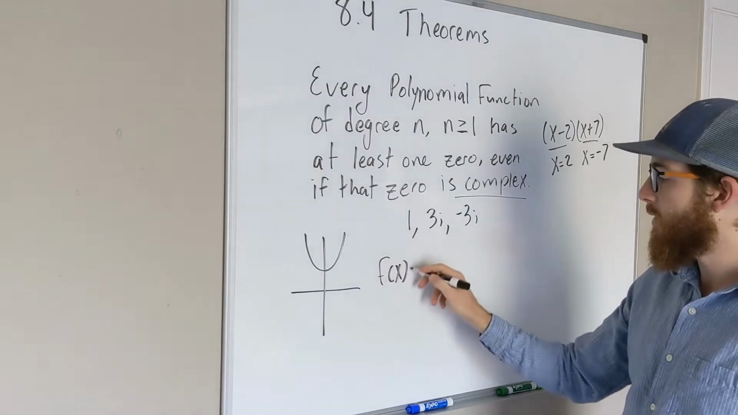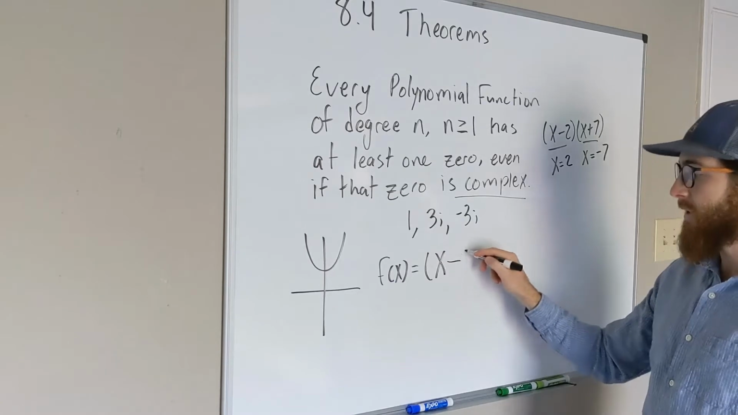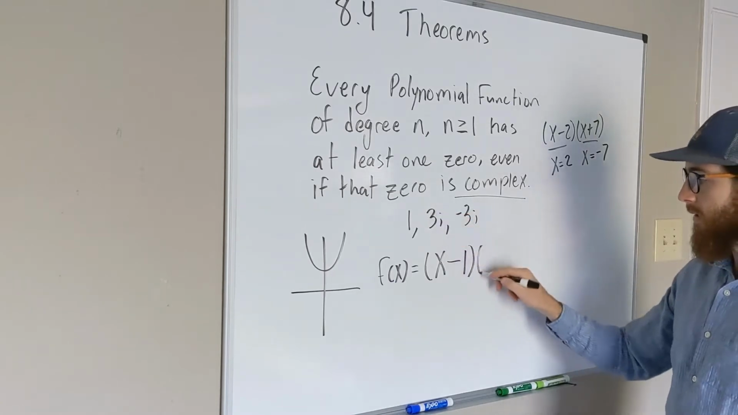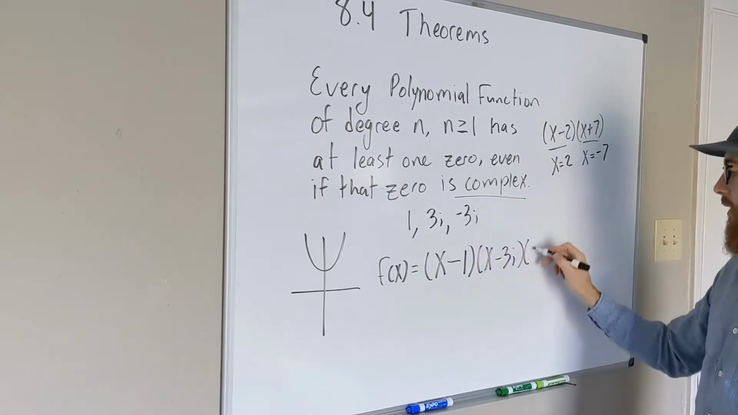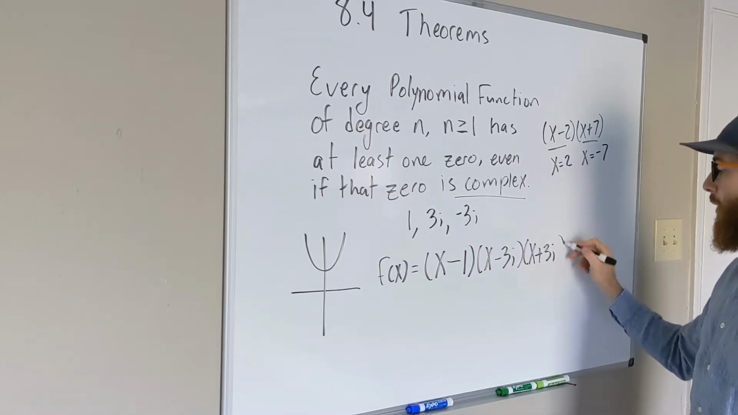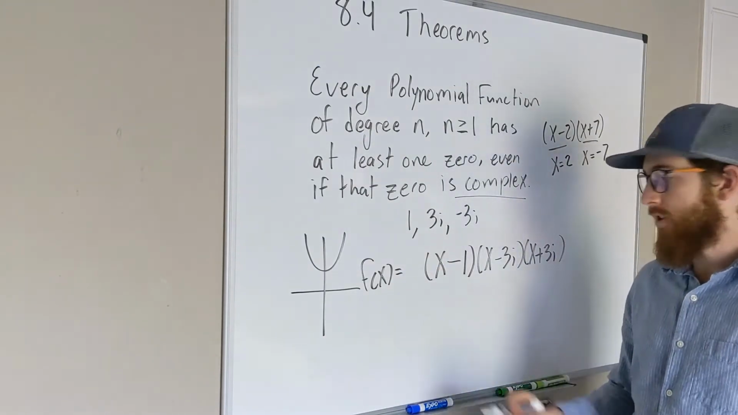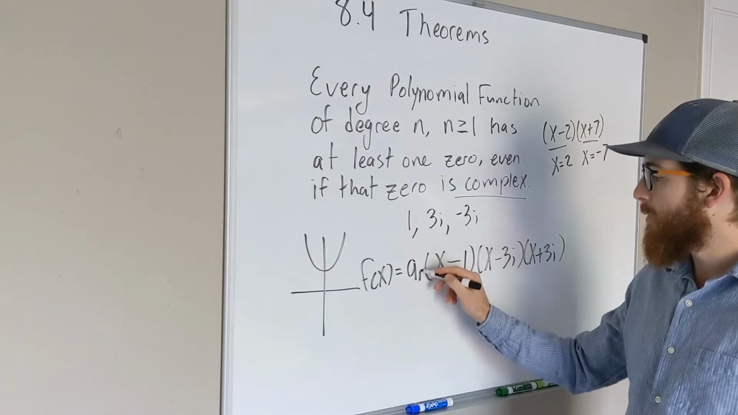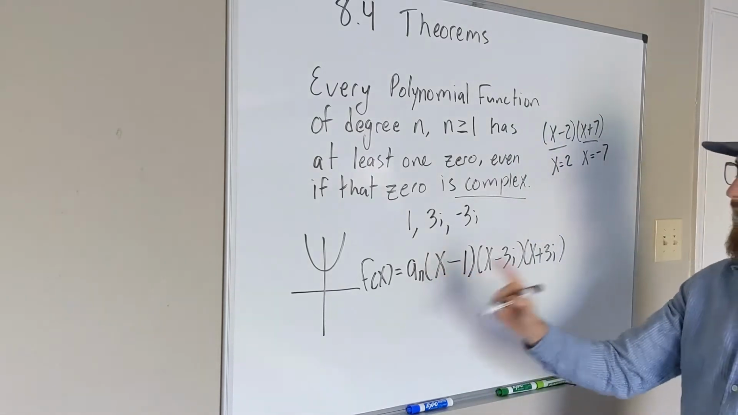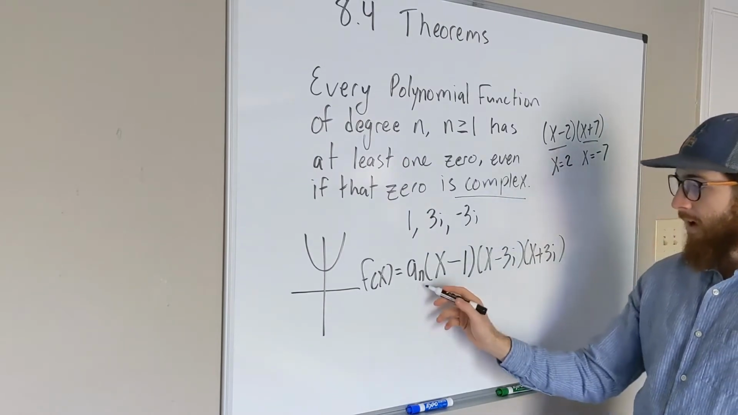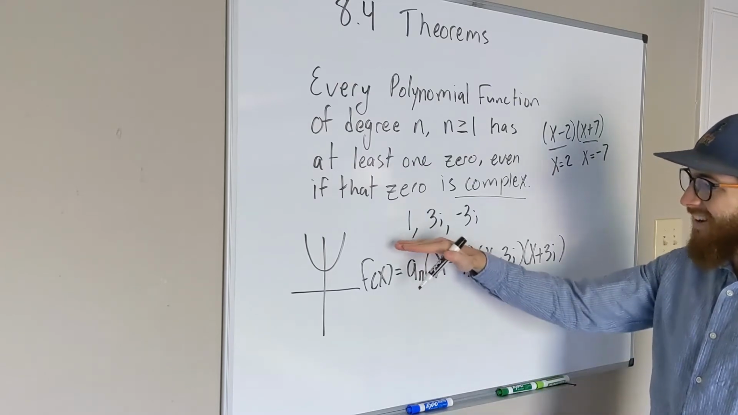So f of x would be equal to x minus 1, x minus 3i, x plus 3i. But if I want to include that idea of a stretch, then I just need to put this placeholder a_n in the front. And what this allows me to do is, if I want to say 2 times this function, I can have a 2 there. But that's not going to affect